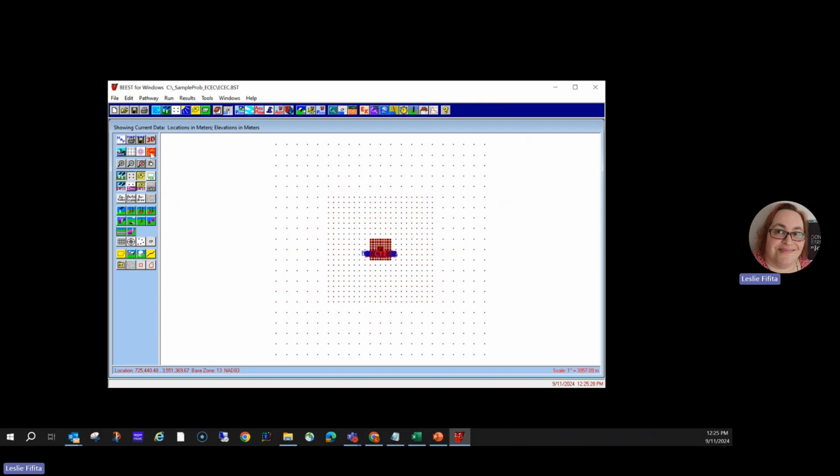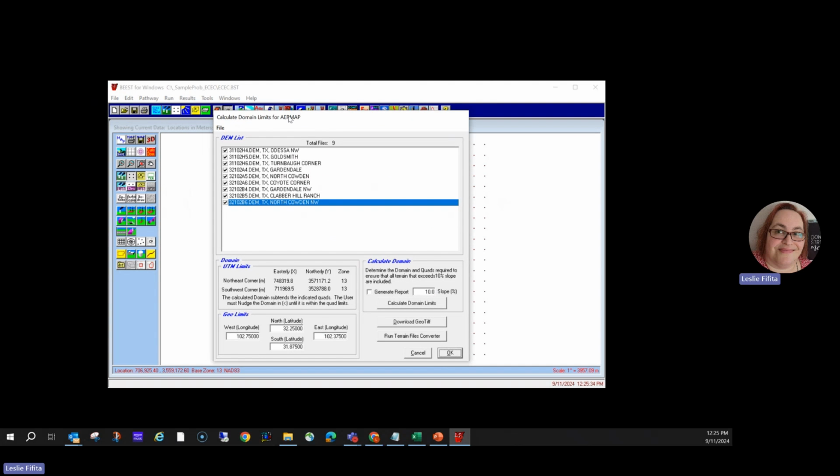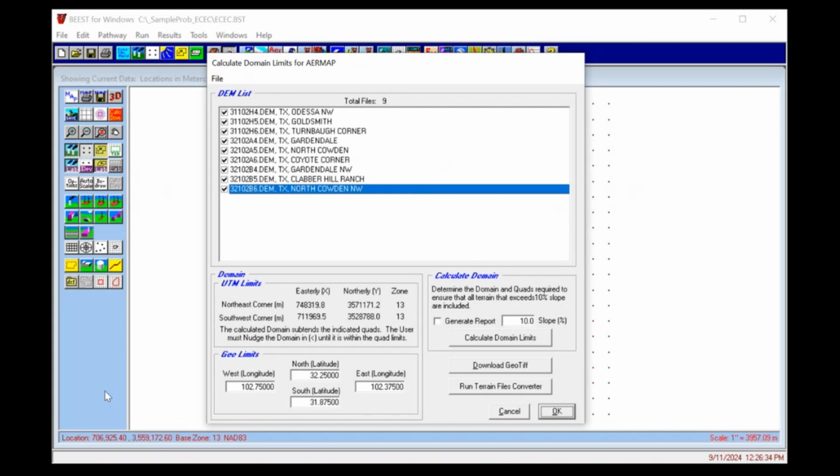of the screen to this red box that says CalcDOM and click that button. We should get a pop-up window. This is the list of old DEM quad maps that covers our initial domain that is estimated by BEEST. This is just the area that's covered by your current receptor grid. And then at the bottom, it outlines the edges of that grid with our latitude, longitude